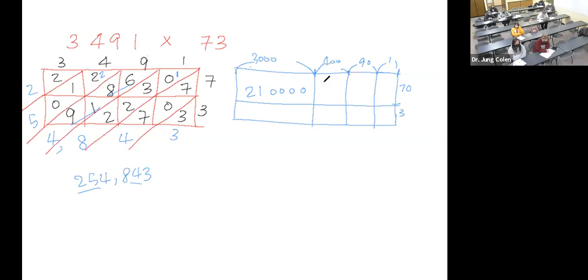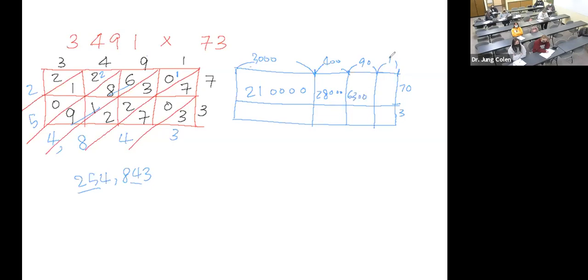How about in this rectangle? We have 3 zeros, 1, 2, 3. You can just do 4 times 7, 28. It's exactly the same as this part. Okay, and here 7 times 70 times 90,